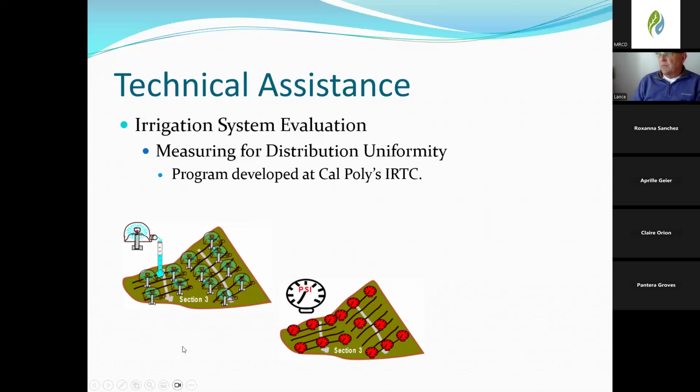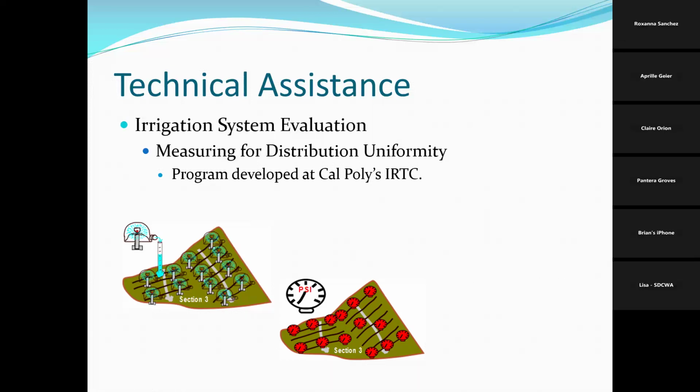All of this was developed at San Luis Obispo at their Irrigation Research Technology Center. They primarily developed the way of doing an irrigation system evaluation for farms in the Central Valley here in California. In that system, they take more pressure readings than flow readings. Most of what they're working on are drip systems and large fields, 40, 60, 80, 100 acres at a go. Whereas here, in San Diego County,